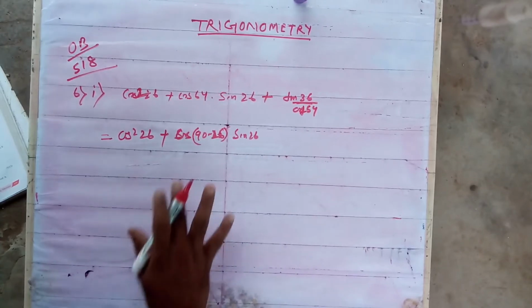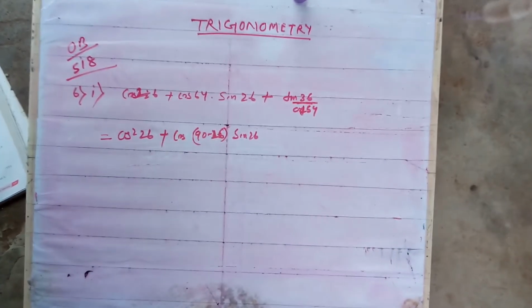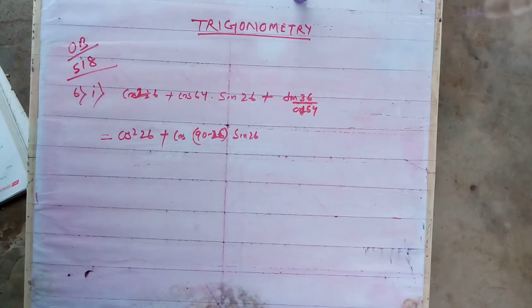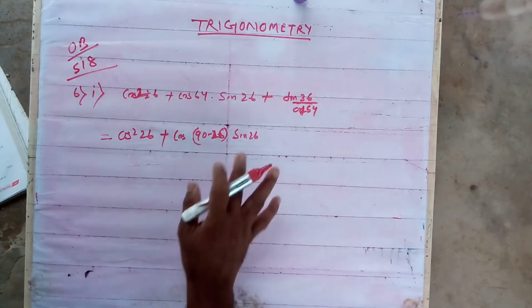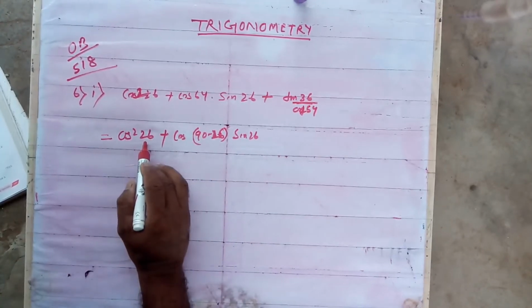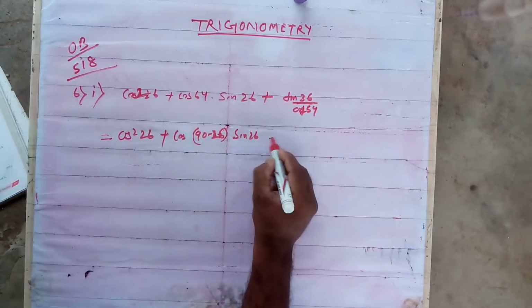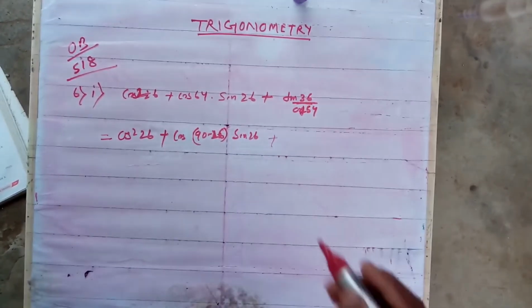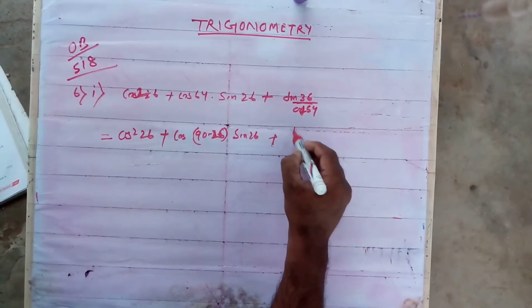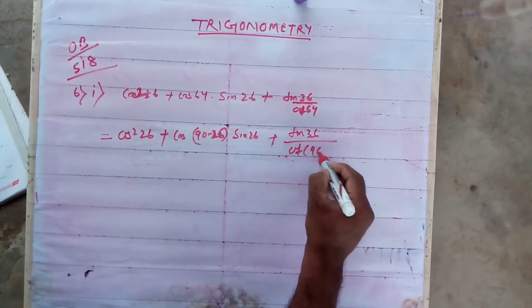I did not change anything, my dear students. Cos 64 I represent as 90 minus 26, correct or not? That's all. Some students while doing the sum also change here. If you change, both the things will change again. That's why they write 26 is equal to 90 minus 64. Both are not needed, any one you have to do. Similarly here 36 and 54 make 90, so any one I will do, either top or bottom. Tan 36 I will leave like that. I will write cot 54 as cot 90 minus 36.